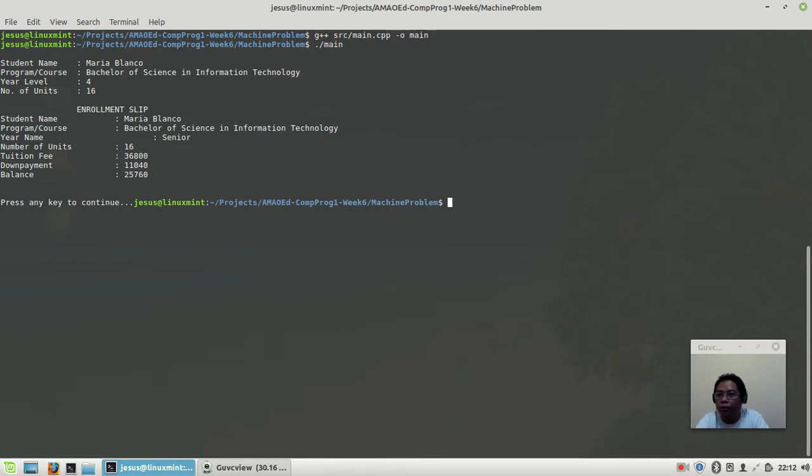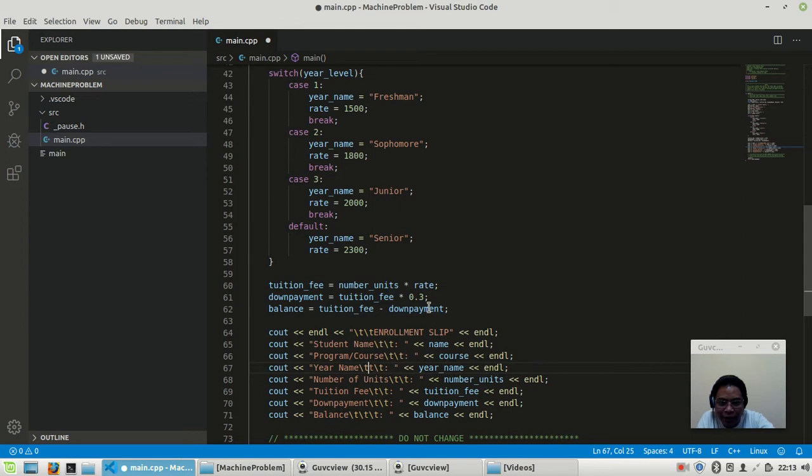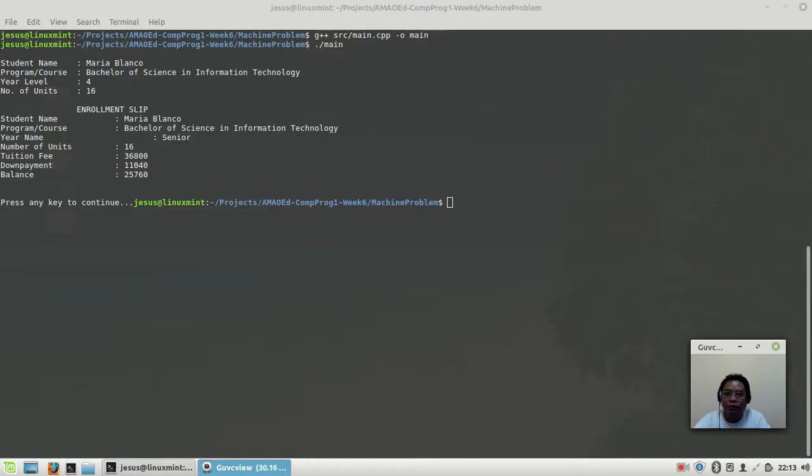And oops, I think I need to remove one more. Sorry for that. The year name. Oh, I forgot to delete the year name here. One tab. Okay, so have to save it again, and try to compile